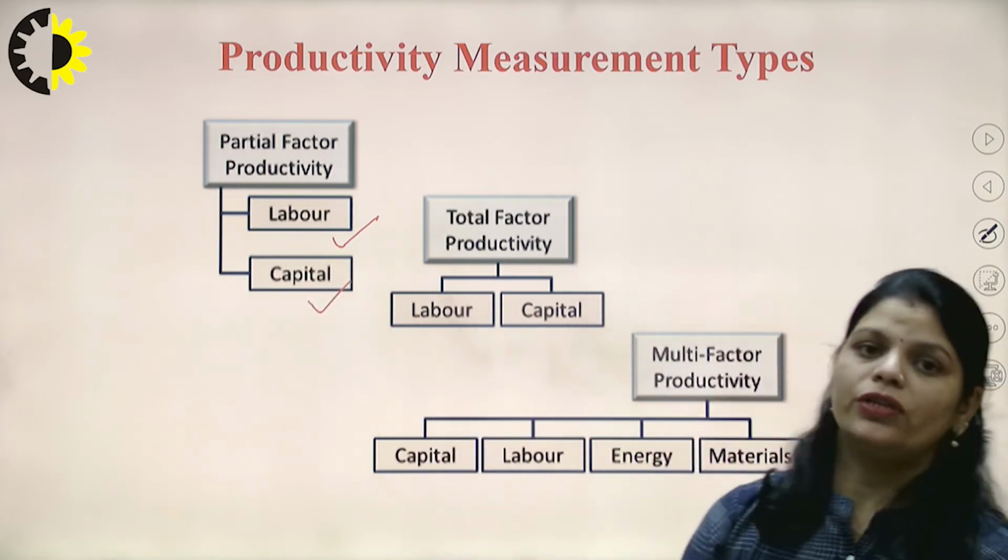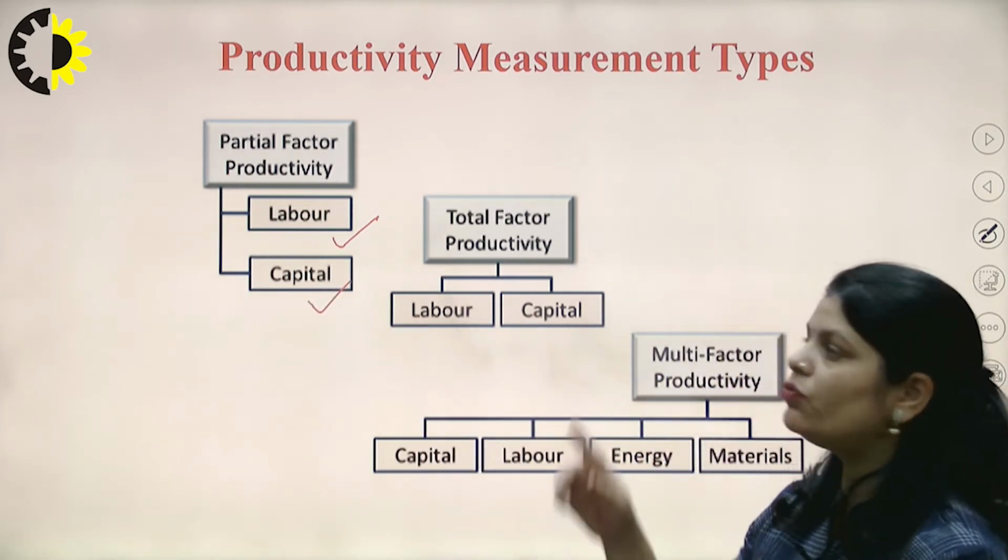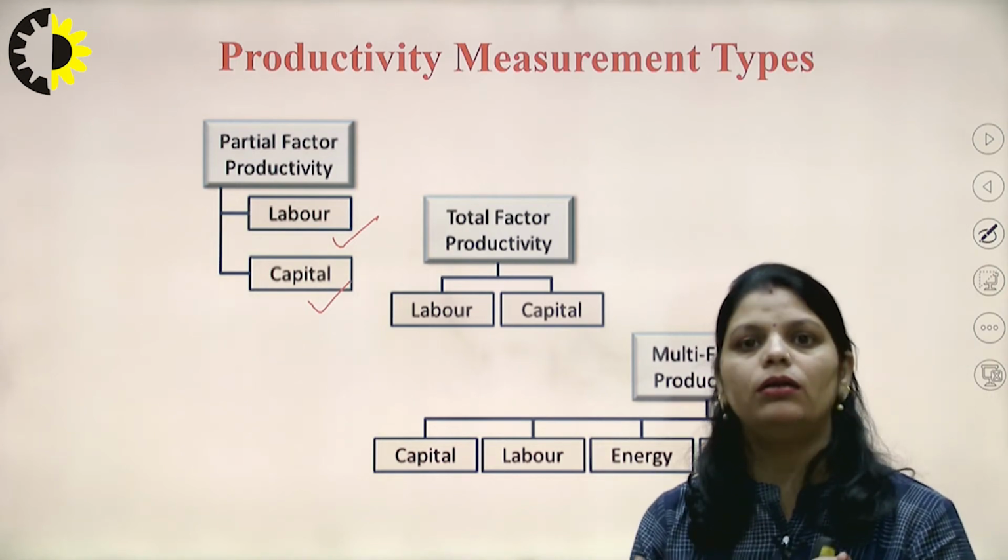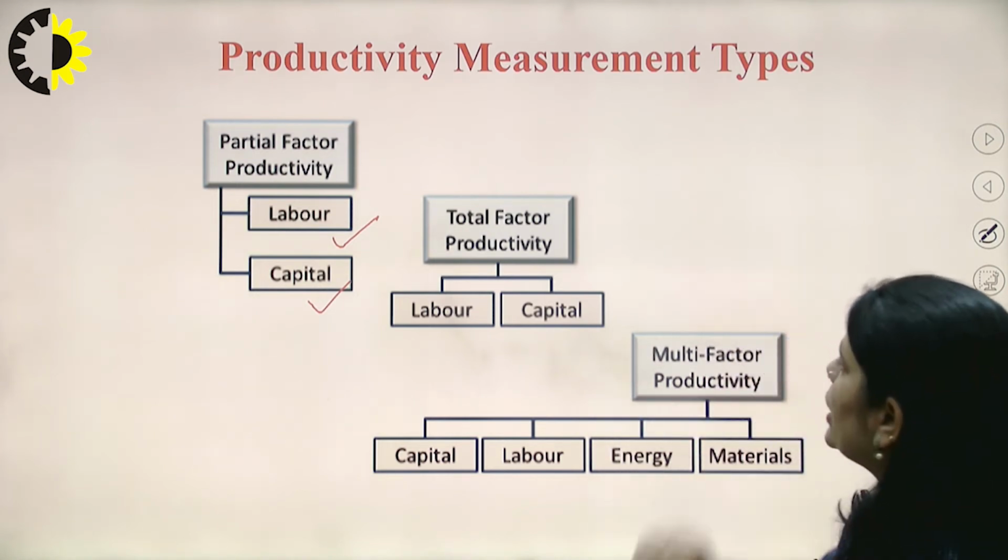So in case of the partial factor productivity we are considering only a single input factor, but in case of the total